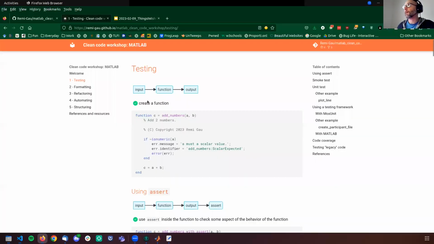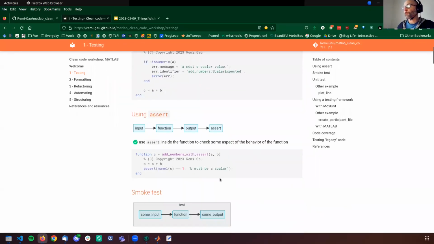So now that's the first part. That's easy. Using assert would be your first line of defense when you are testing code. I'm actually going to demonstrate how it works because that would be easier.